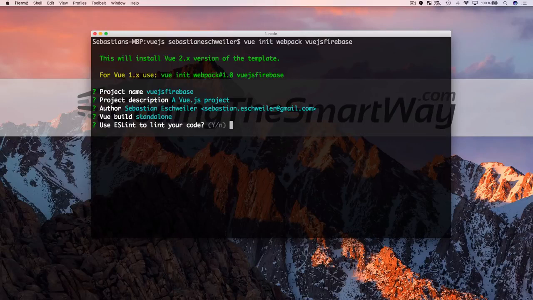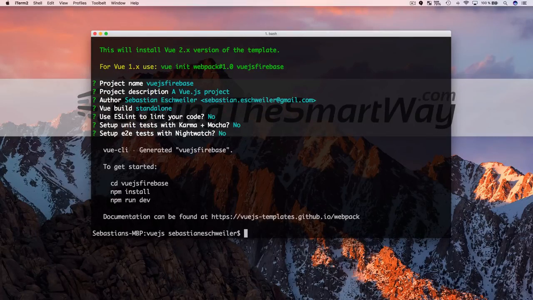I do not want to use ESLint. Do not want to use Karma and Mocha for my project, and do not want to use end-to-end tests with Nightwatch. So I'm saying no here again. And now you can see it's generated, it's downloaded to a new folder. And now I can change into that folder,